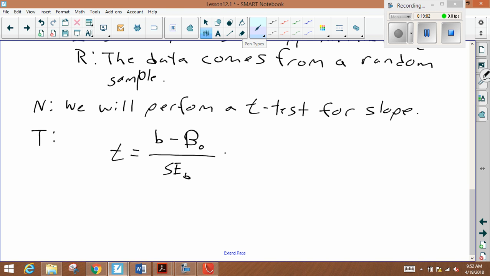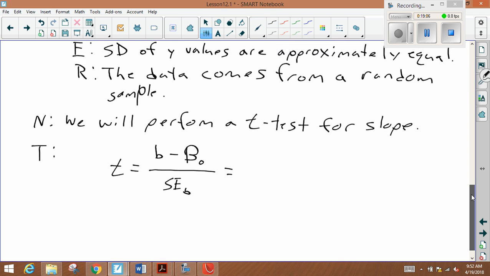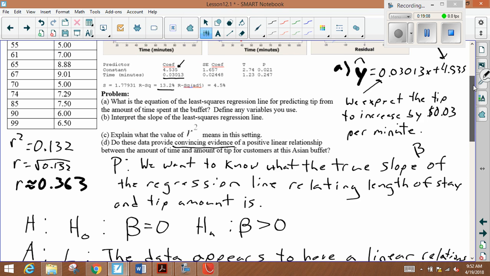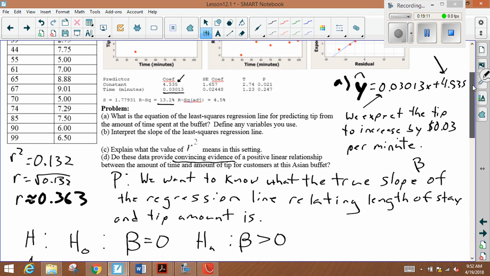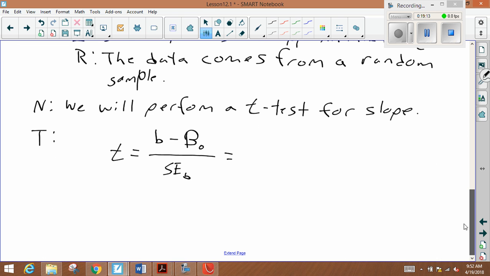In our case, our slope was, I'm going to go all the way back up here real quick, 0.3013. Minus our hypothesized slope, which is 0, right? All divided by our standard error of our slope, which is